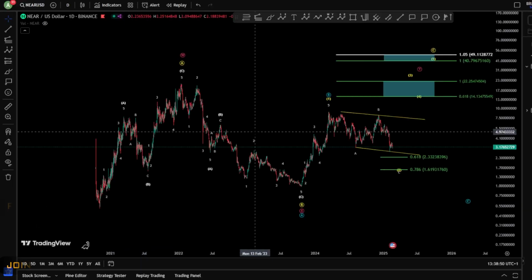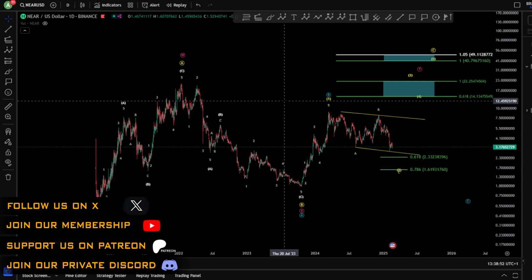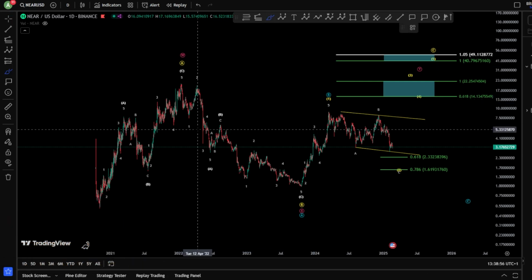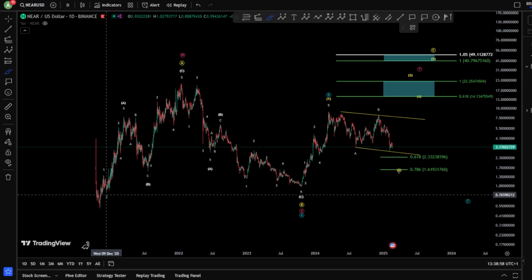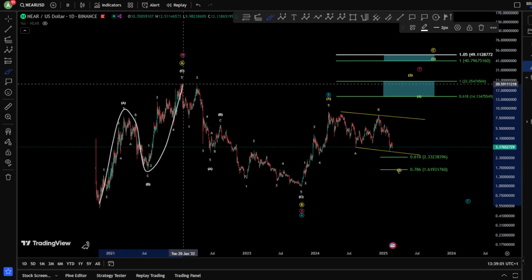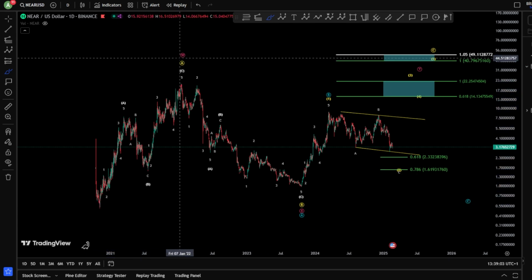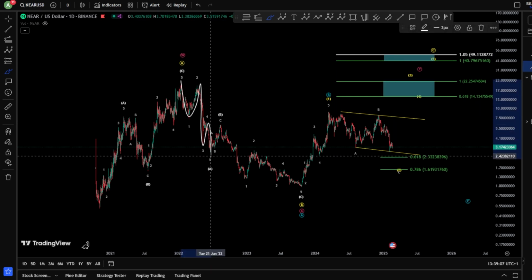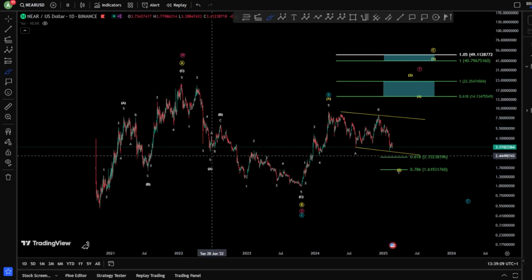Hello everyone, welcome to a new video for NEAR price prediction based on Elliott wave analysis, starting on the daily for our bullish and bearish scenarios. On the all-time history, we are looking for an A, B, and a C here, finished wave A or wave W. After this, we see of course 1, 2, 3, 4, 5 towards the downside,